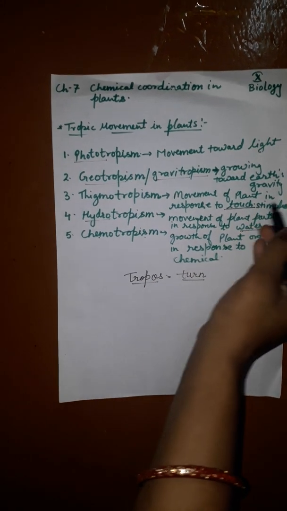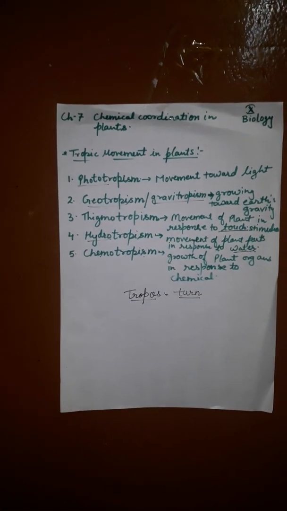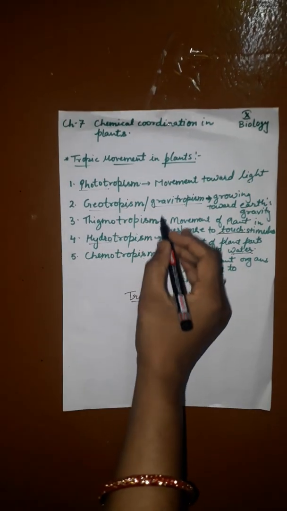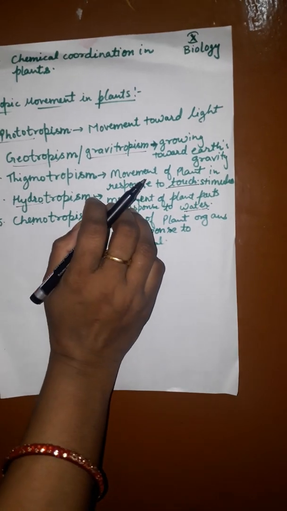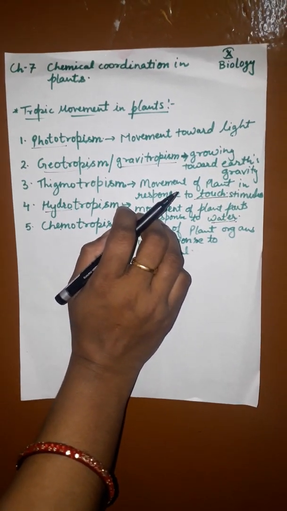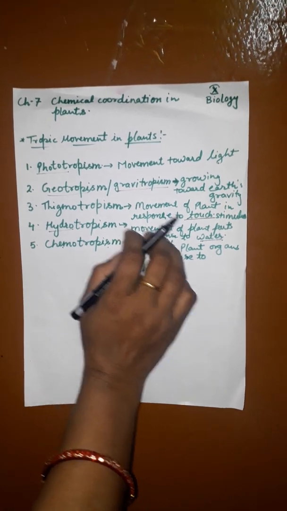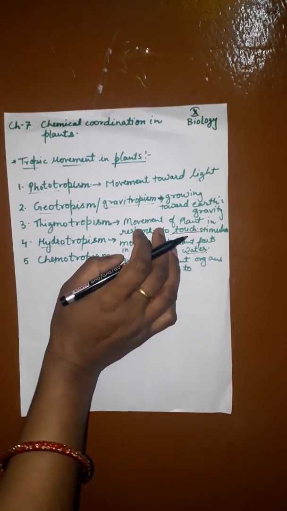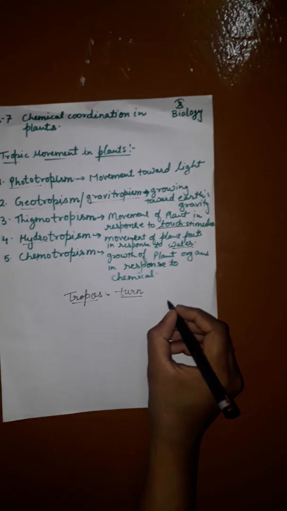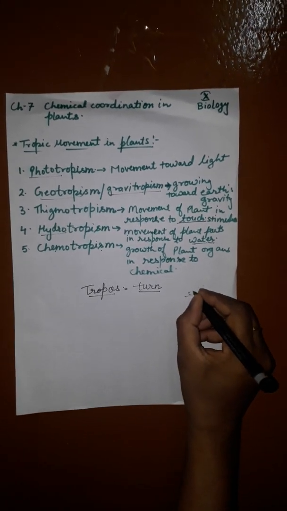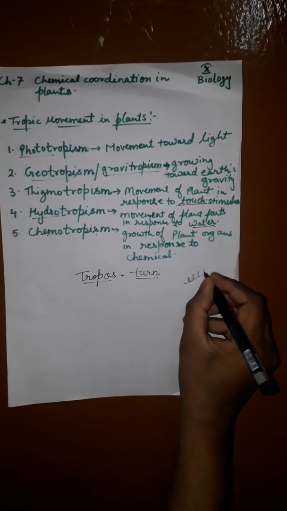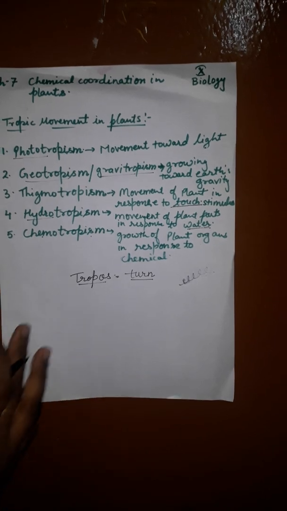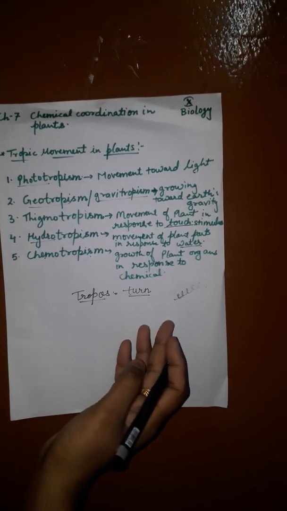Now next is thigmo. Thigmo means movement of plant in response to touch or stimulus. The growth or movement of the plant in response to touch or stimulus is called thigmotropism. Some interesting responses are seen in response to touch. Plants such as sweet peas, cuscuta, tendrils. You have just seen tendrils like this one in cucurbits. This structure is called tendril. Easily seen in cuscuta, sweet pea.